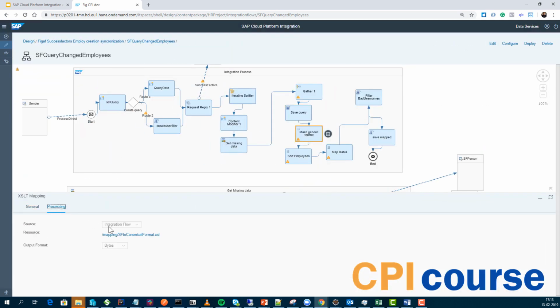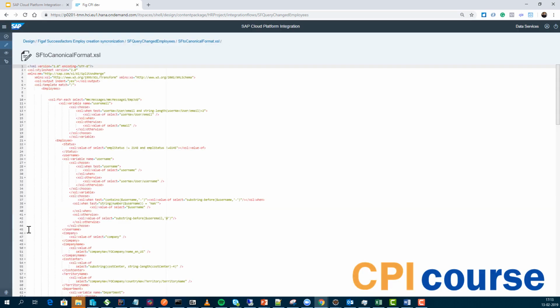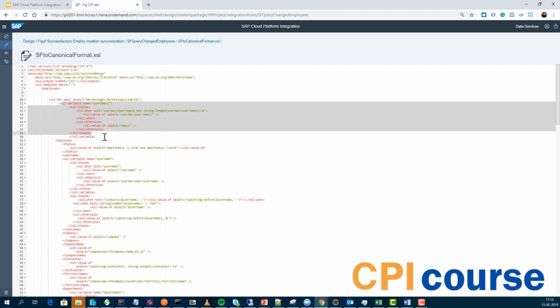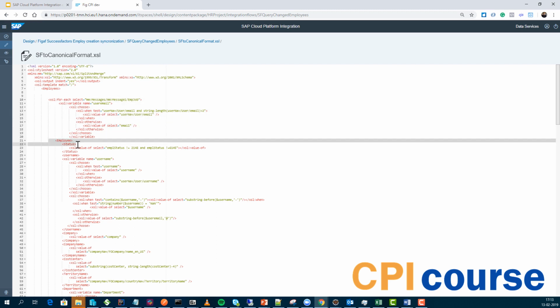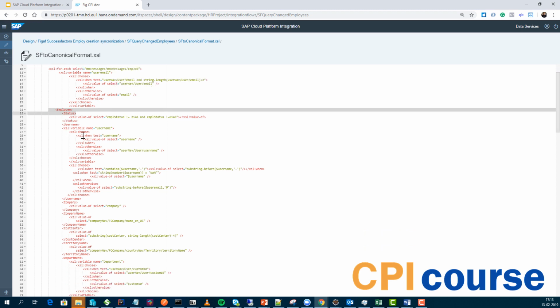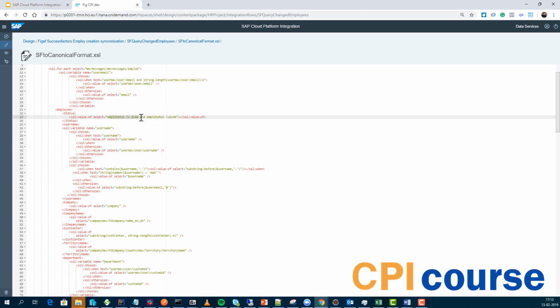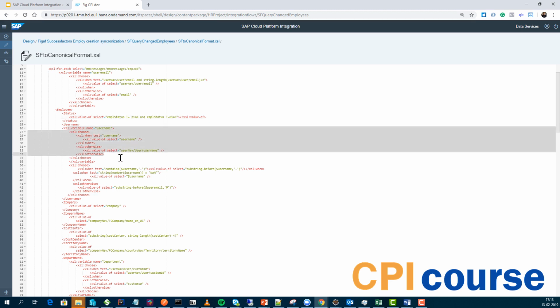Then we are making an XSL to generate a generic format, and in this one we will go over each employee job. We will save the user email. We will create an employee. So this is our output document that will go through. We will get the status from these two, if it's true or false, if the user is active, and that's apparently some list that can change. We will get the username